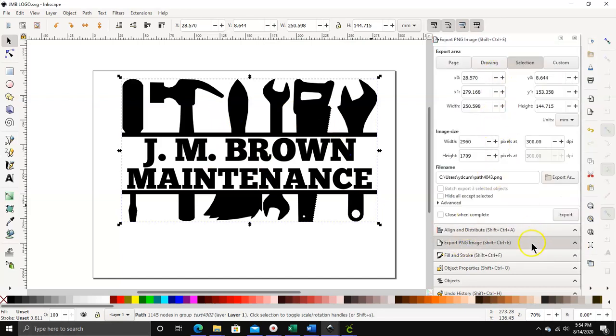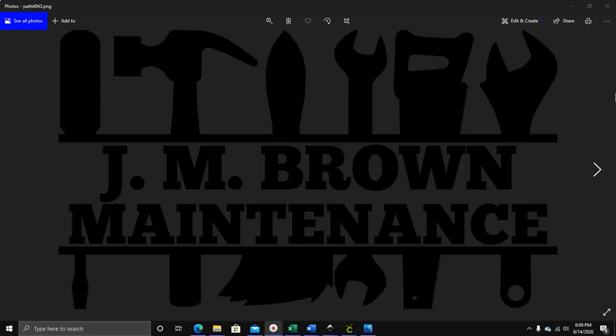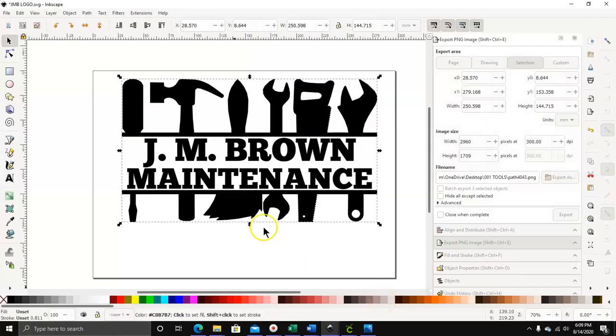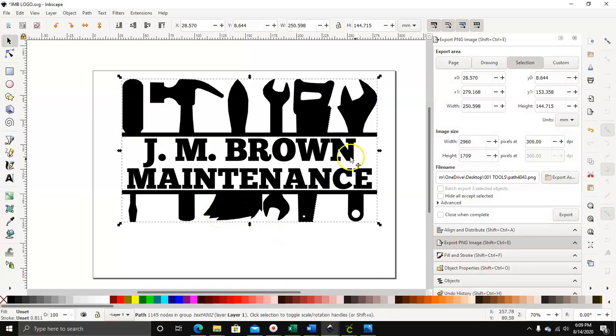And if this is not over here in this menu section, you can hold down your Shift key, your Control key, and click on the letter E. Okay, once you click on here, make sure you have selection selected. Then click on Export As